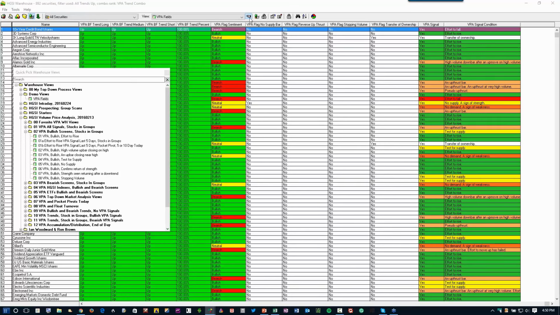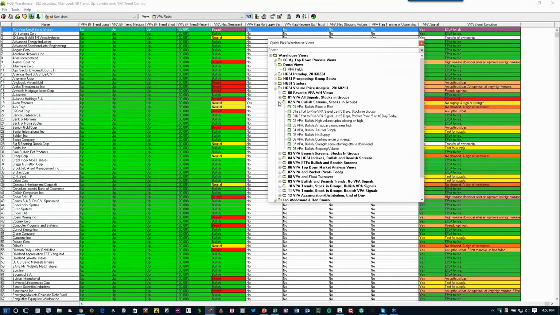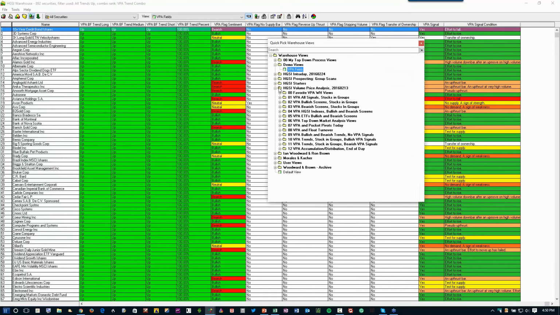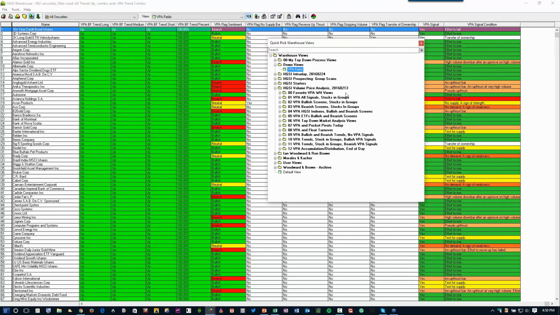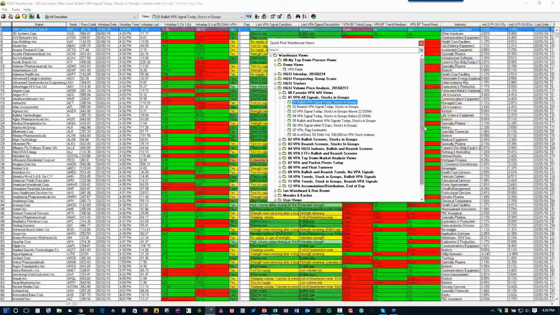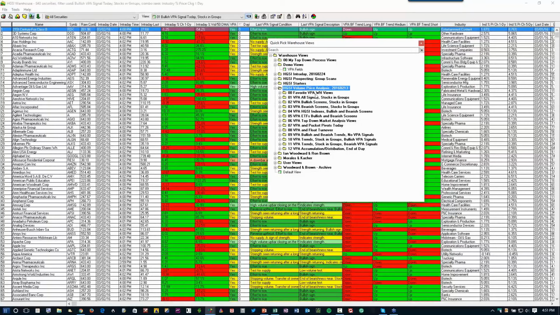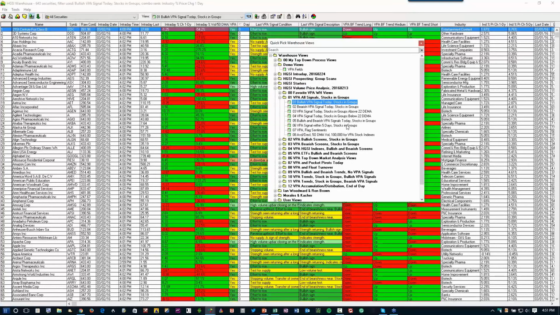I put all kinds of stuff together for you. Under the HGSI volume price analysis, if you've downloaded the program recently, it's got this date on it, and every one of these are bullish or bearish signals under these folders, under this primary folder. This is how you screen for these signals. Now, this is all inclusive here, bullish VPA signals today, but if you want some specific, go down here to